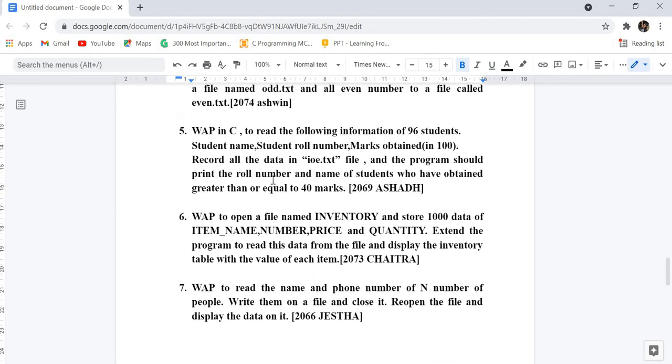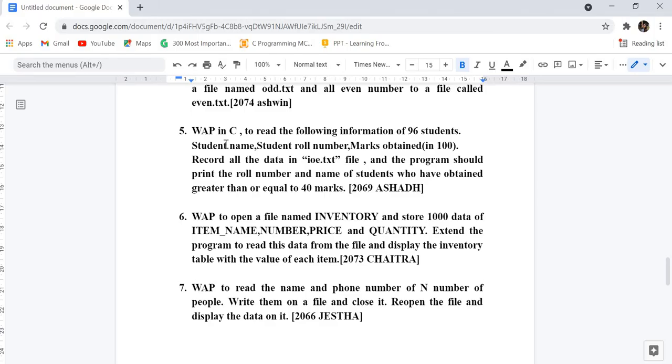So question number 5, it is, write a program in C to read the following information for 96 students, that is student name, student roll number, marks obtained. Record all the data in ioe.txt file, and the program should print the roll number and name of students who have obtained greater than or equal to 40 marks, it says.